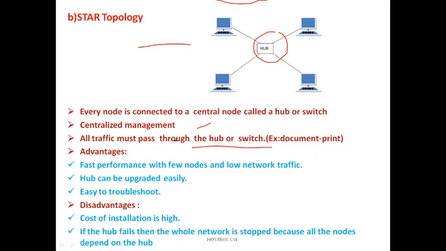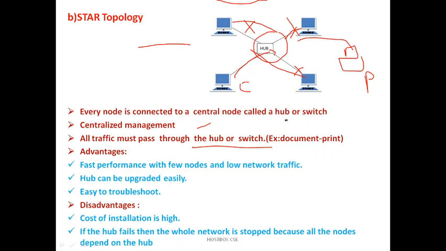For example, assume there is one printer and systems A, B, C and D. Suppose system C wants to print data. The information passes to the hub, and the hub passes the information to the printer and also to all the computers. Say a document A.txt is being printed; the information is passed to all computers, but they neglect it because it is not required. Finally, through the hub, the printer takes care and starts to print the document.